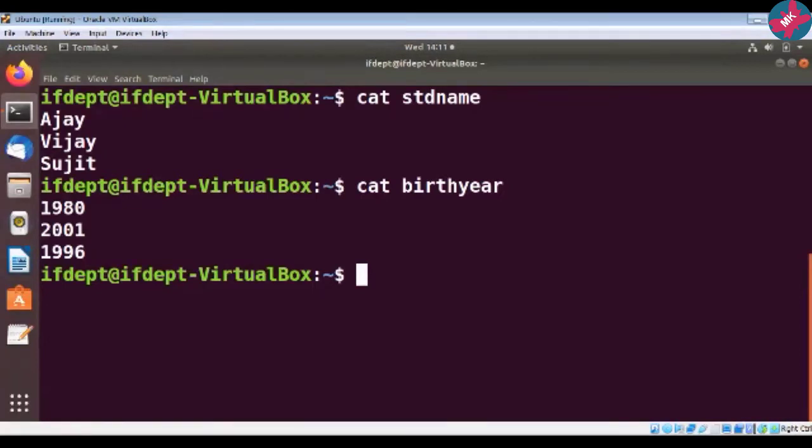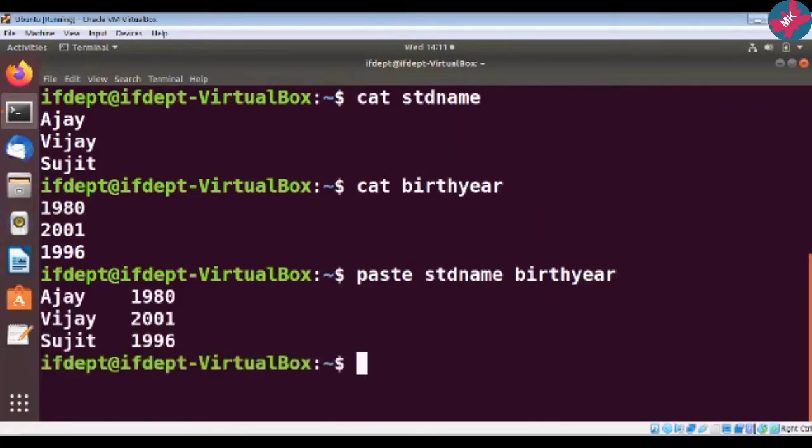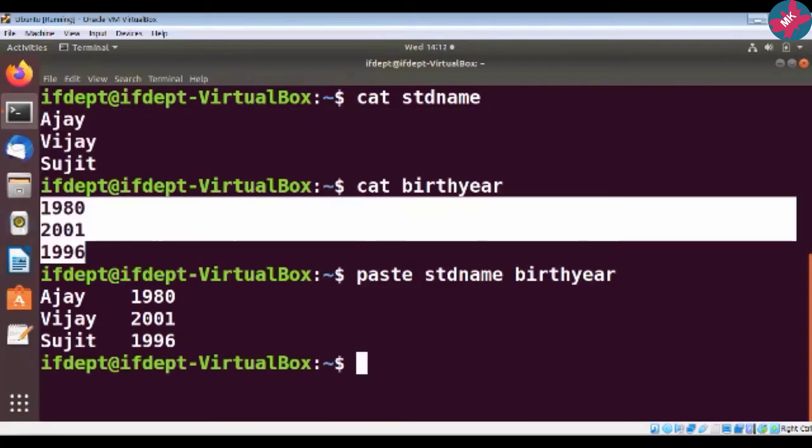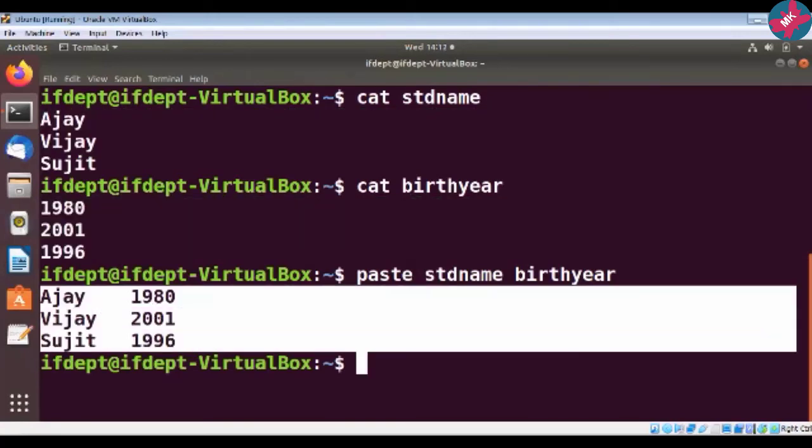So suppose I want to join these two files horizontally. I will use the paste command. Paste, what is the name of my first file? Std name, then the birth year file, the second file name. So what will be the output? Observe here, the contents of both these files are joined horizontally using the paste command.